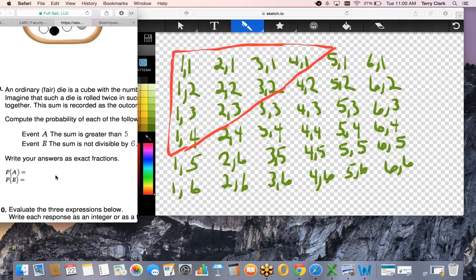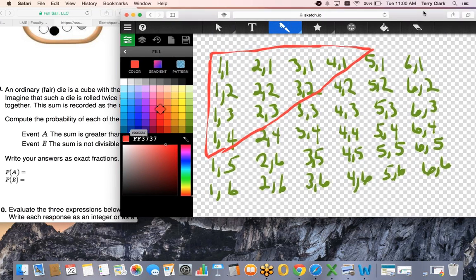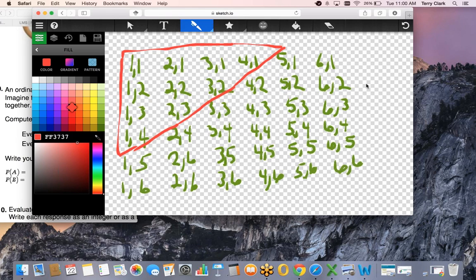So we're saying it's going to be greater than 5. Now we can do this 2 ways. We can count all the ones at the bottom, or we can count all the ones at the top. The ones at the top are 1, 2, 3, 4, 5, 6, 7, 8, 9, 10. So there are 10 that are not greater than 5. The probability of everything is 1, and so we're going to subtract out the 10 that are not